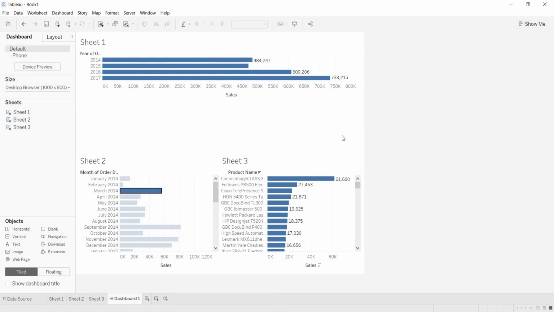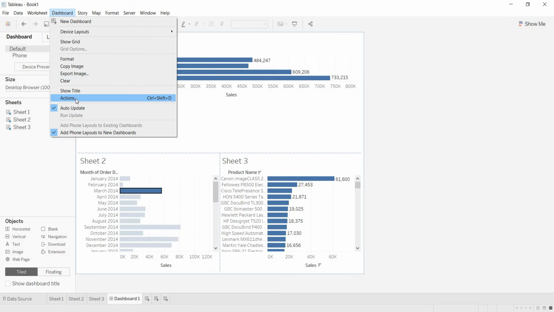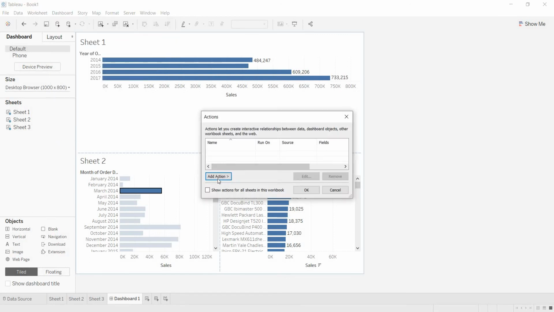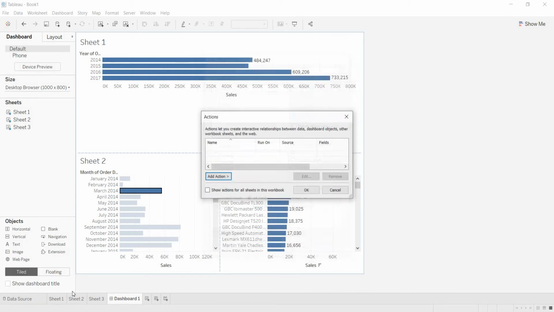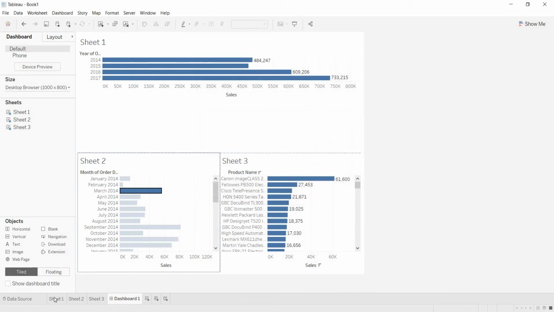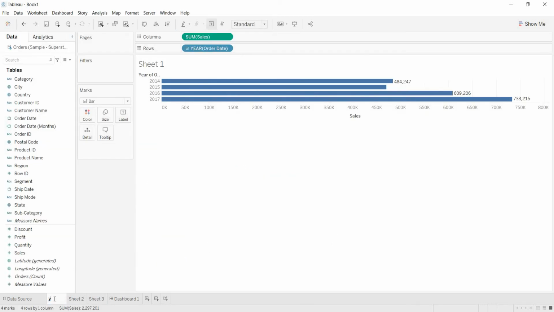Then how to achieve this? So first of all, when you select this, if you want the filter to be applied, you need to define the actions here. How to define the actions on a dashboard? Just go to dashboard, click on actions, add action. I'm giving the filter action here on sheet 1. Before that, let me rename this sheet so that there is no confusion.